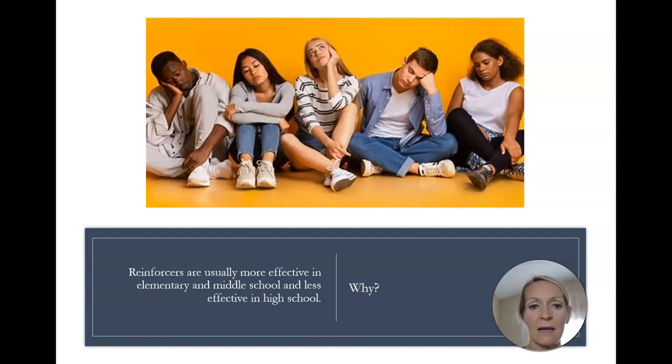That they are, as I said, much more self-sufficient, and then sometimes they just kind of see through it, right? They have more agency. They're empowered to see, I see what you're doing here, but you're not going to manipulate me with your little reinforcers. And so it's something to think about depending on the age that you work with.